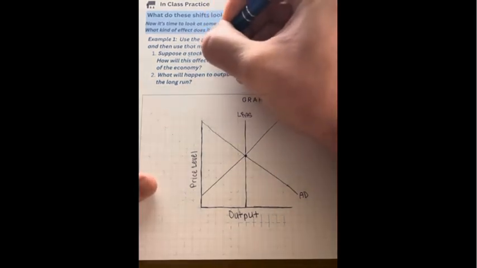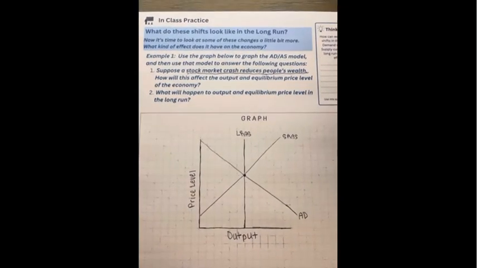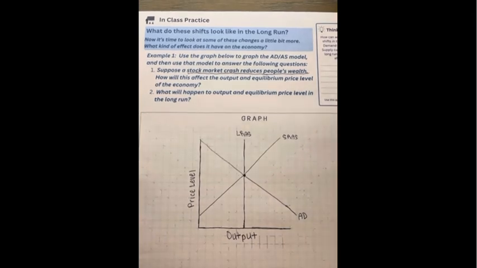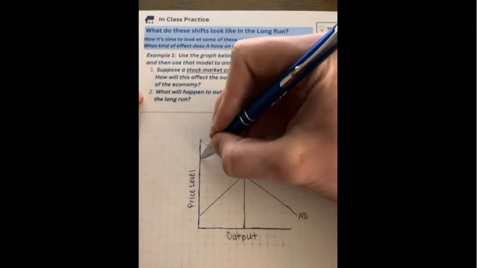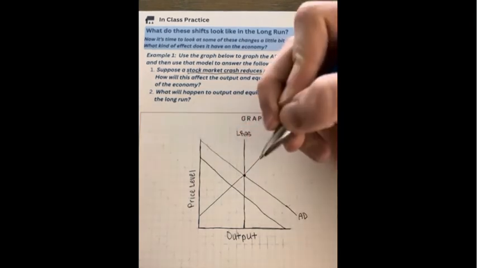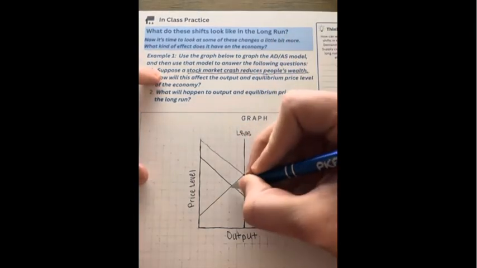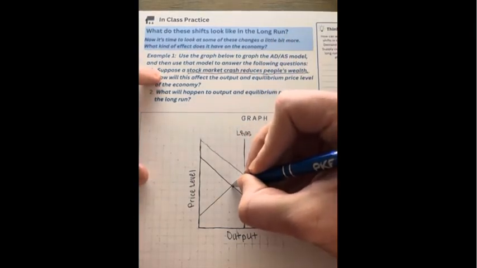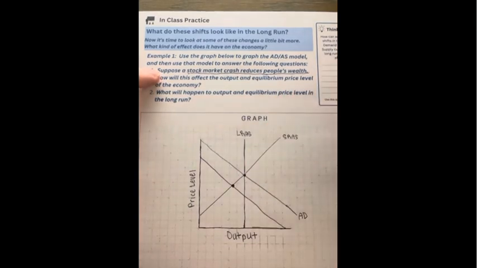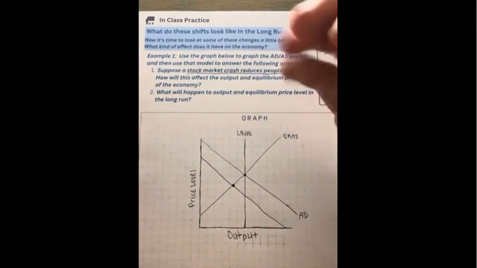So our event is this, the stock market crash, and it reduces people's wealth. So people's wealth gets reduced, therefore they have less money. And if people have less money, they're going to want to spend less because they don't have as much to spend, so they're going to be demanding less. So what this event is going to do is shift the aggregate demand curve like this and give us an equilibrium right here. So if we take the new equilibrium and compare it to our old equilibrium,